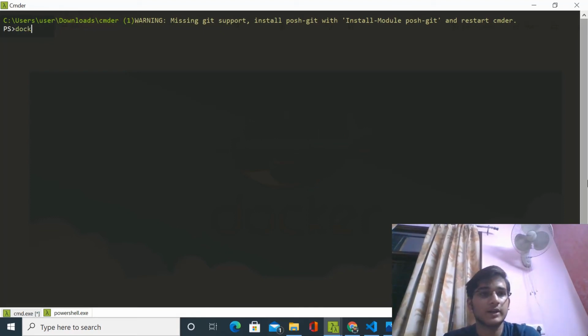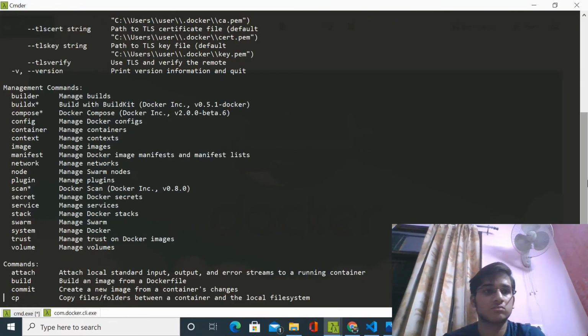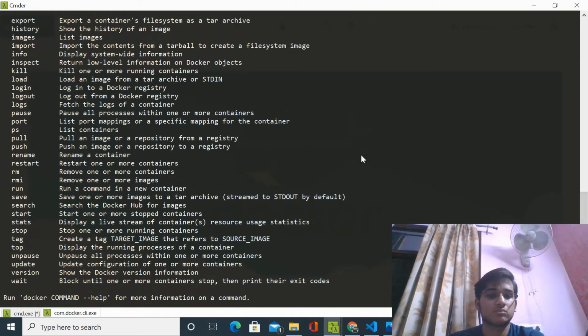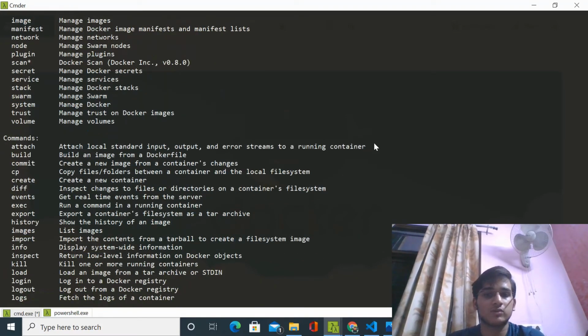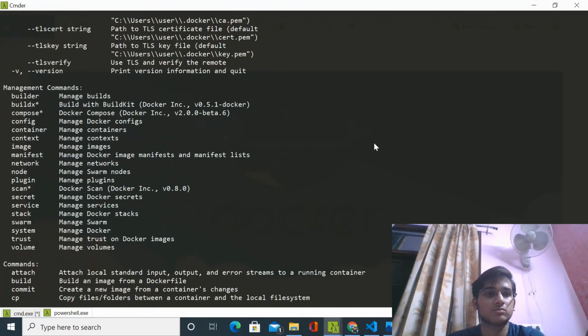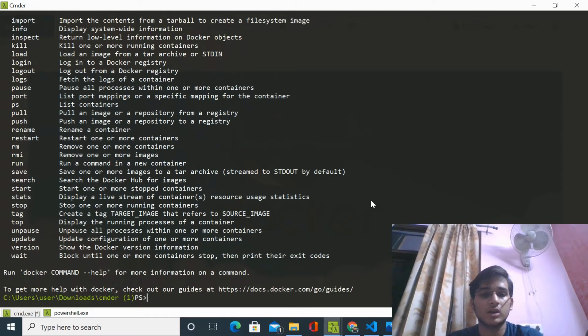First we will write docker. If you see all this after writing docker, that means you have installed Docker on your system successfully. So congratulations for that.